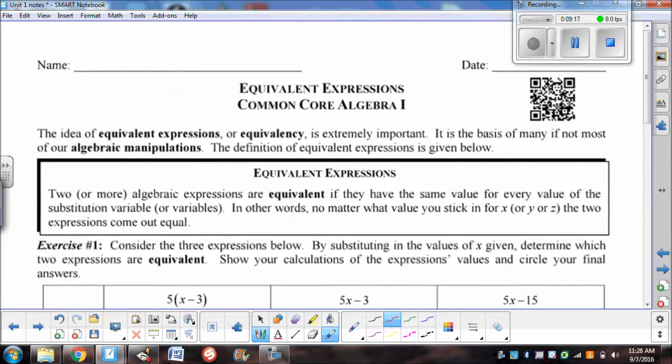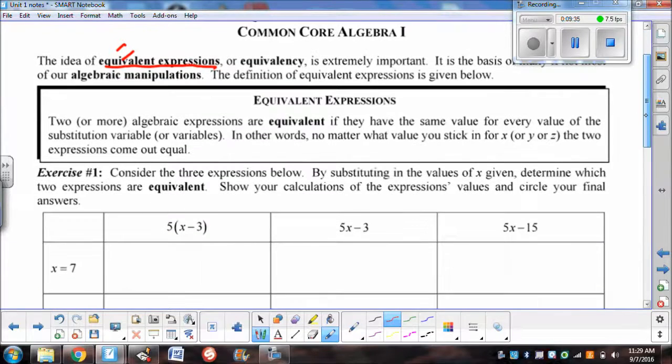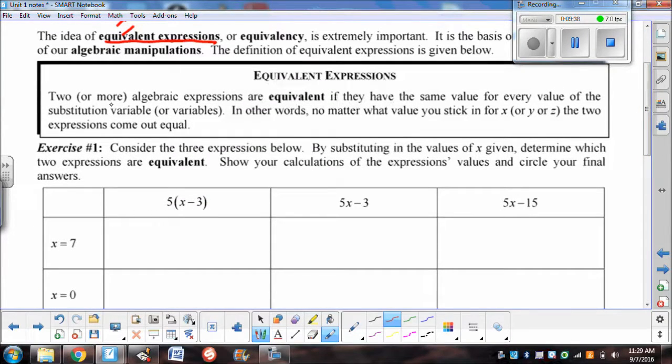So the idea of an equivalent expression, okay, equivalent, it's got that prefix in there, that's going to mean equal expressions, or equivalency is important. It is the basis of many, if not most, algebraic manipulations. So things that we're going to do to these expressions and or equations this year. So equivalent expression. Two or more algebraic expressions are equivalent if they have the same value for every value of the substitution variable or variables. In other words, no matter what value you stick in for x or y or z, whatever your variable happens to be,